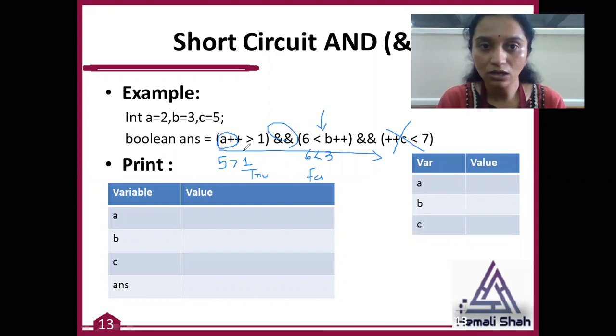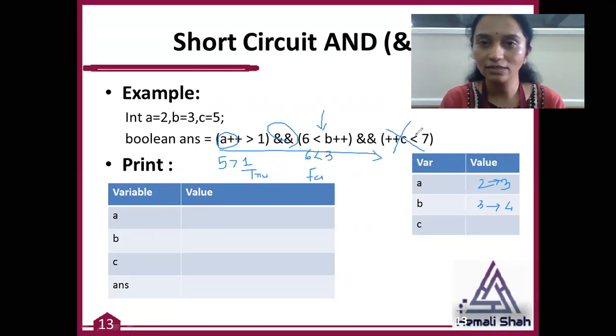After execution of this part of the expression, the value of A will become 2 to 3. B, that means B value is 3, and you will get 3 to 4. That means the value of B is 4. And C will not be able to execute because you already got false, right?